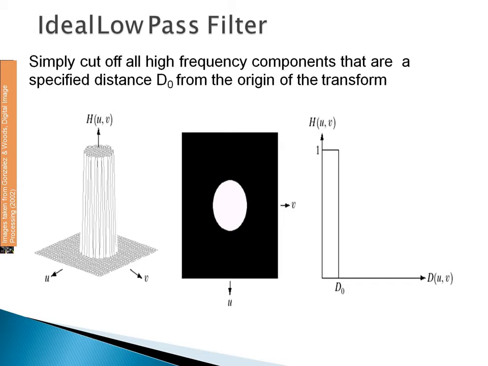The ideal low pass filter is radially symmetric about the origin, which means that the filter is completely defined by a radial cross section as shown in figure C. So rotating the cross section by 360 degrees is going to yield the filter in 2 dimensions. For this cross section, the point of transition between H(u,v) = 1 and H(u,v) = 0 is called the cutoff frequency. So here the cutoff frequency is equal to D0.